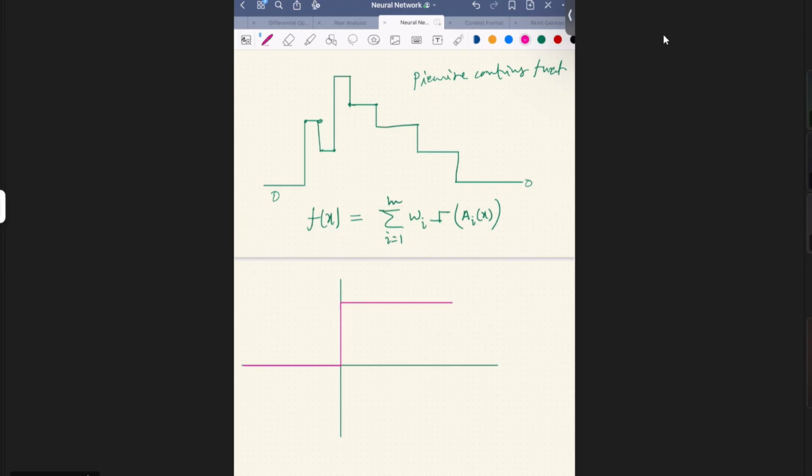Because of this nature, this jump, and several such signal combinations, we are getting this piecewise continuous function, which is approximating our function. That is what we have discussed. Now, if I allow this piecewise function a little bit of smoothness, if I allow some kind of smoothness,